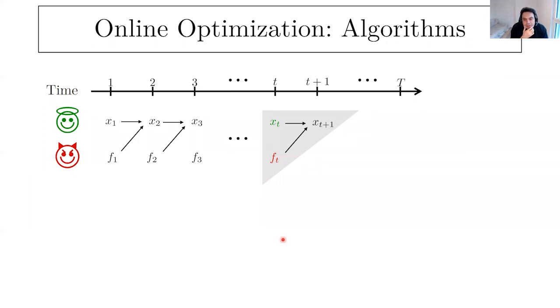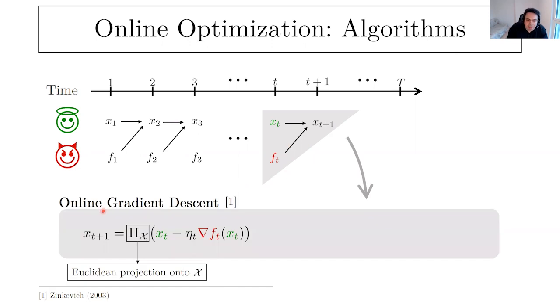So the first algorithm that people start looking at in the context of online optimization is the so-called online gradient descent. And what is this? It is just basically classical explicit gradient descent. There is some projection here if you also have a constraint over the cost function. But apart from that, this is simply the gradient descent that I mentioned earlier. And it turns out that gradient descent is so powerful, so robust, that this regret can be controlled by the square root of the growth rate.